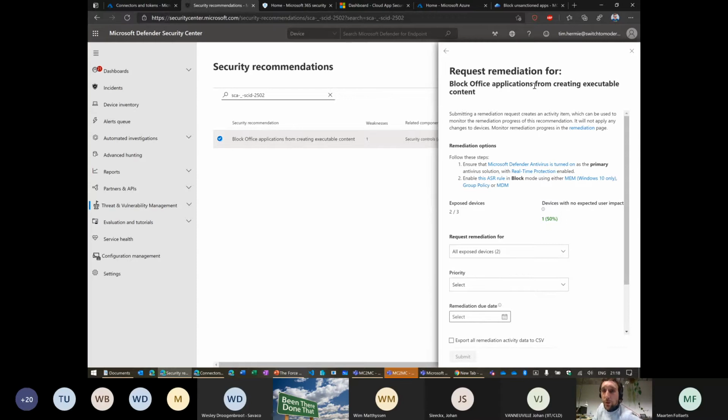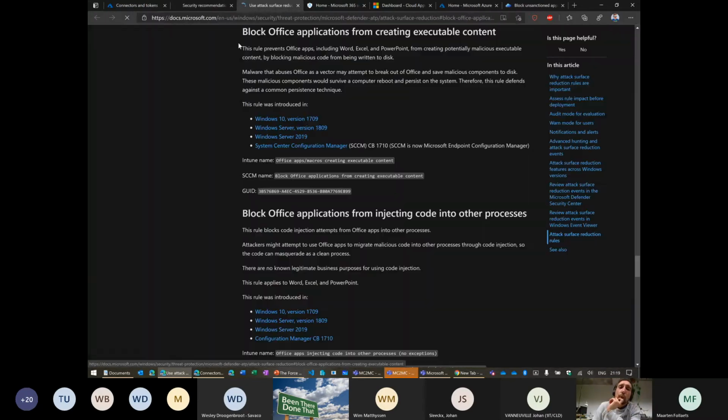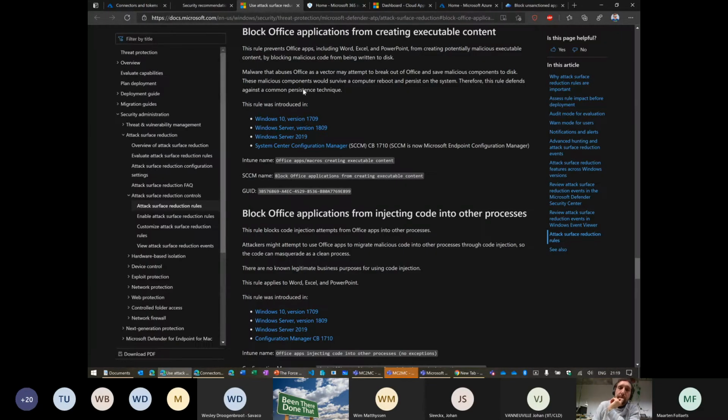It says here we want to do this, and it says ensure that Microsoft Defender antivirus is turned on. So you can, with real-time protection enabled, we can configure that through Intune and enable this ASR rule in block mode using MEM. How can we enable this ASR rule? If you click on it, you will go to the docs and it will tell you what to do.